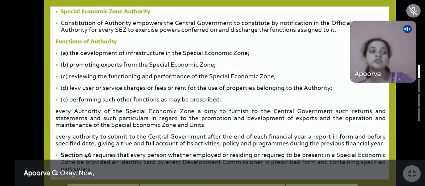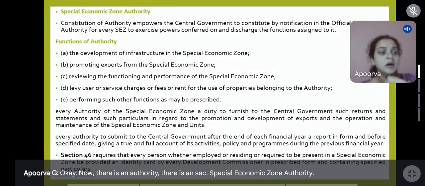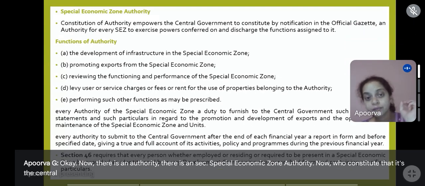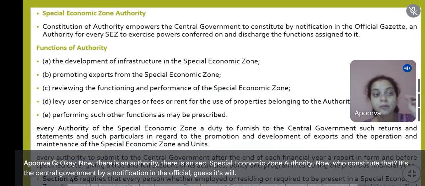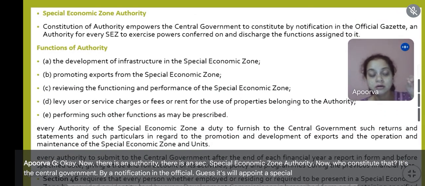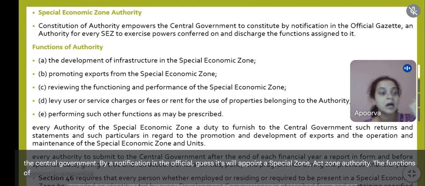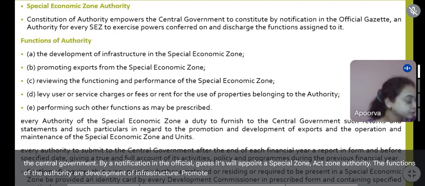Now, there is an authority, the SEZ, Special Economic Zone Authority. Now, who constitutes that? It's the central government. By a notification in the official gazette, it will appoint a special zone authority. The functions of the authority are development of infrastructure, promote exports,